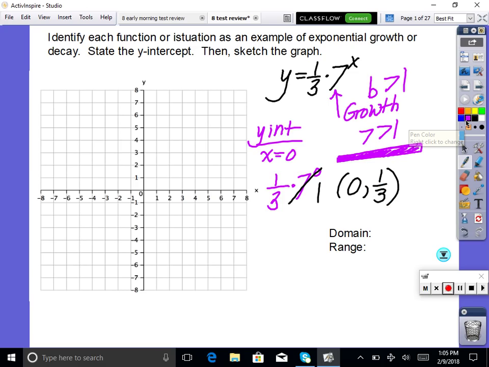Now, when we're graphing this, we really can mostly type it into our calculator, but understanding that since there's no shift up or down, we have a horizontal asymptote at 0 here, and then we just said our y-intercept is over 0, up 1/3, so it's going to be right here somewhere, and then we could just go off to the side and plot some x, y points. So if you type it into your calculator, you get some x, y points, another point on the graph. So over 0, we said up 1/3. 1 is up at